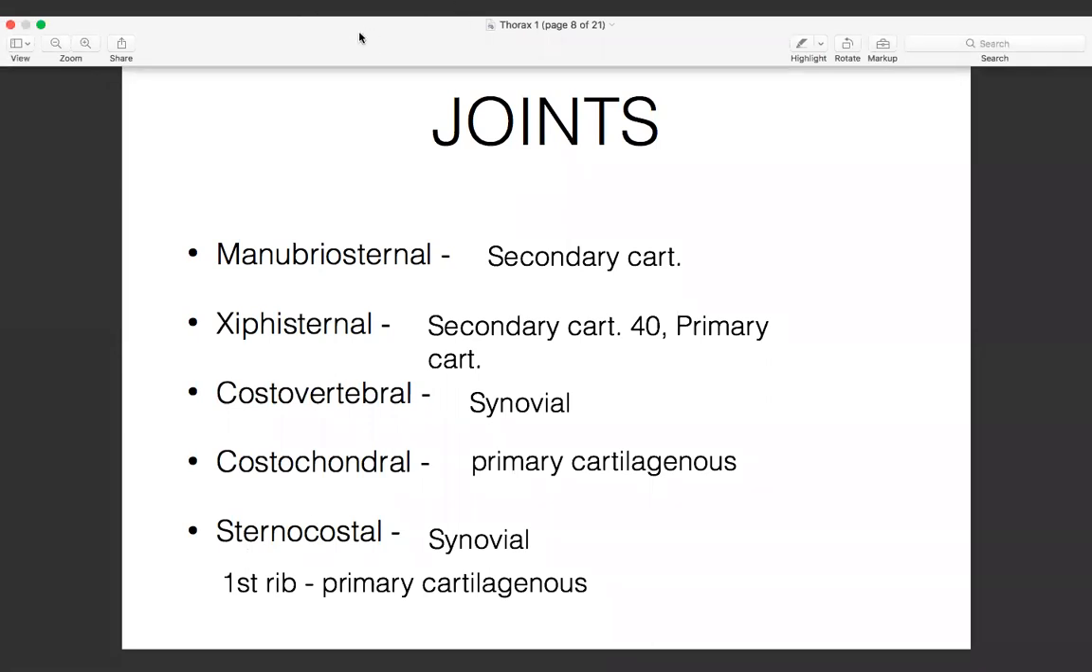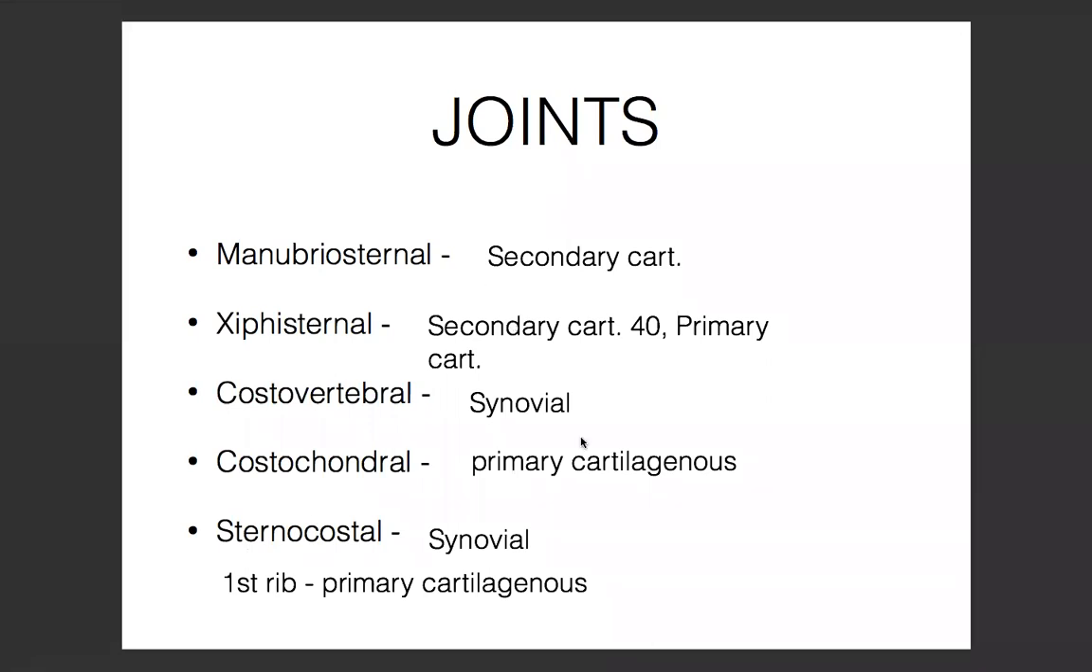Costochondral. Okay with you guys? Yeah. Okay. So